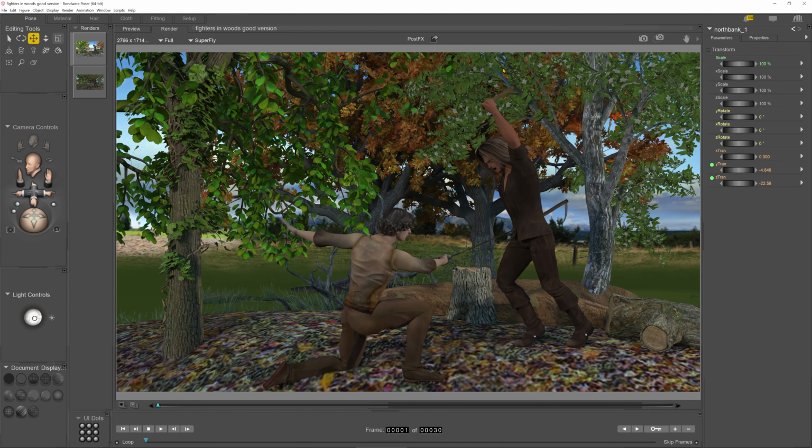What I have here is a scene with two guys fighting, and what I want to do today is a slightly different approach. Usually when I do a tutorial, I talk you through the exact processes so that you can specifically follow what I've done. But today I'm going to be talking more in generalities so that you can learn how to compose your scenes